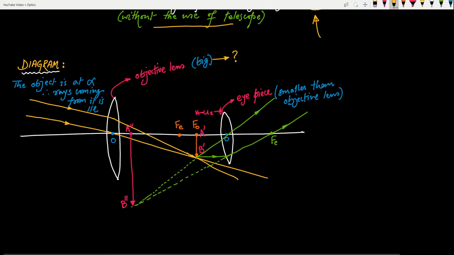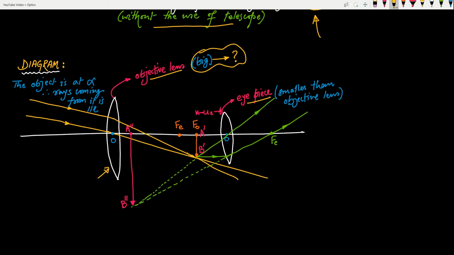Here also you can see that we have used two convex lenses. One is known as the objective lens, another is known as the eyepiece. In the earlier case, the objective lens was small and the eyepiece was big. Here the objective lens is big, as you can see. Now there's a reason why objective lens is big. I'll explain. The objective lens is bigger because bigger this lens,